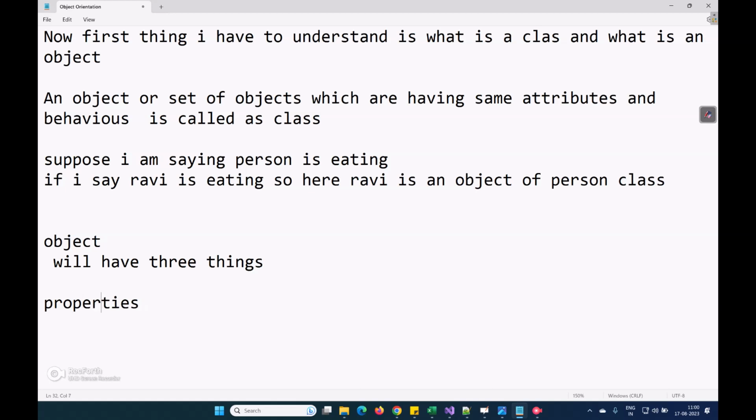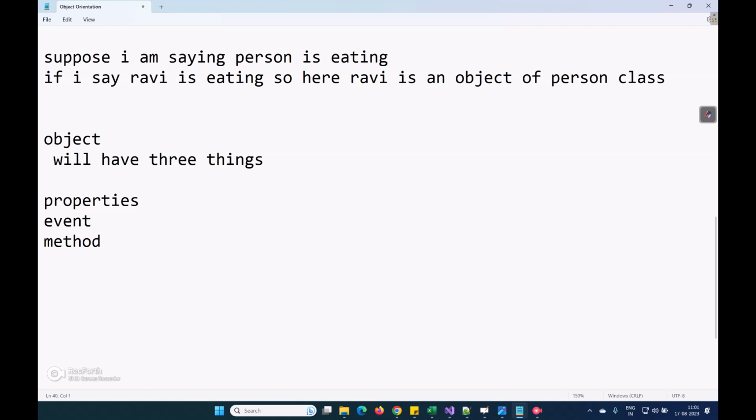Don't write now, listen, I will tell you. I told you about class and object. Now I am going deep into an object. Object will have three things: properties, methods, and events.